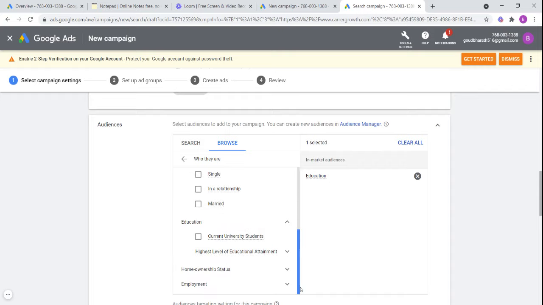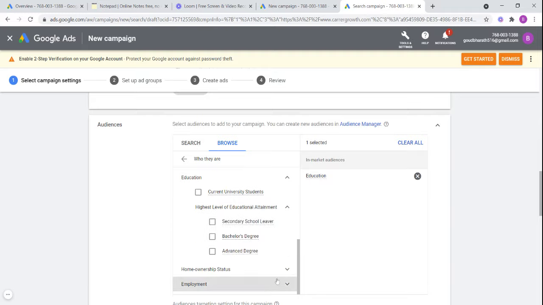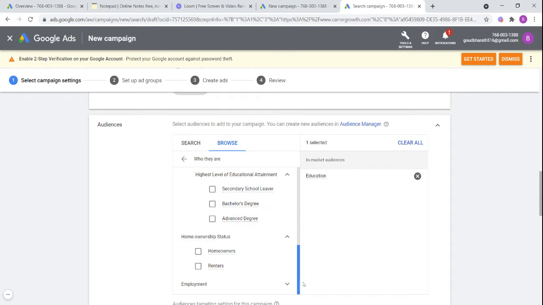Education: if you want to target current university students or a higher level of education attainment, you can do n number of things, guys. Employment. Home ownership status: do you want to target homeowners or renters? Anything. You can play with it.